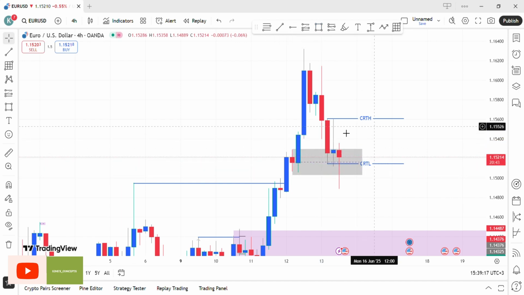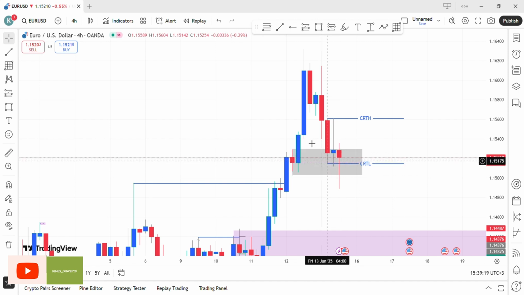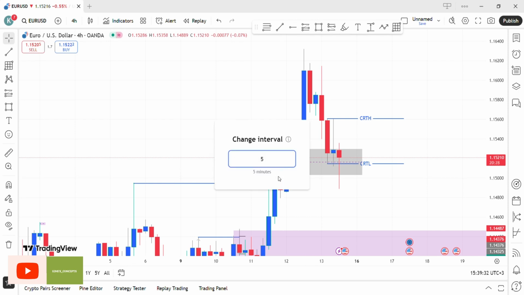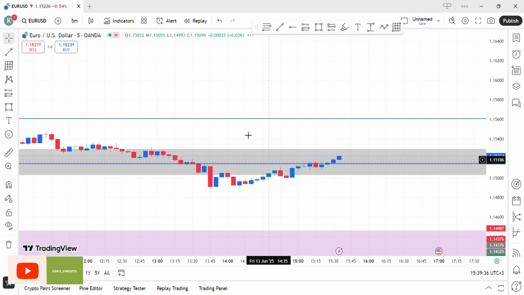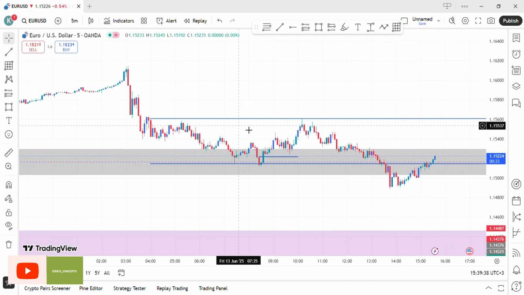So we have the CRT low. The low has happened. The sweep has happened to our point of interest. Now, what we are going to look for is the entry. So we shift to lower time frame, and in this case I normally use the 5 minutes for confirmations. So we come to the 5 minutes time frame where this happened,